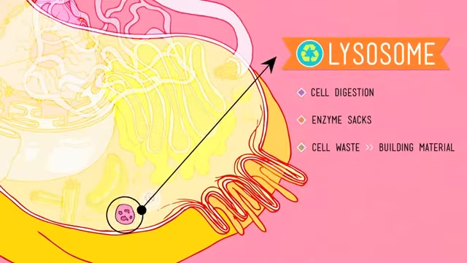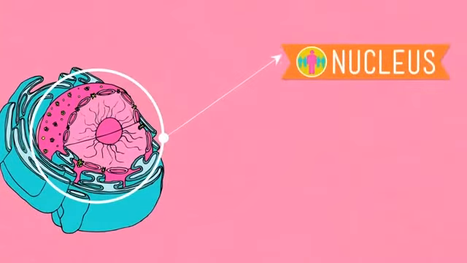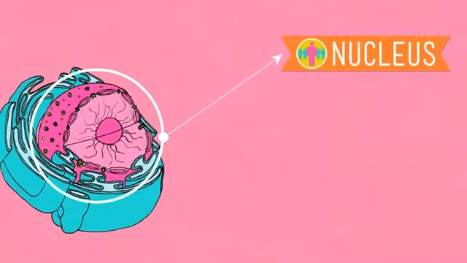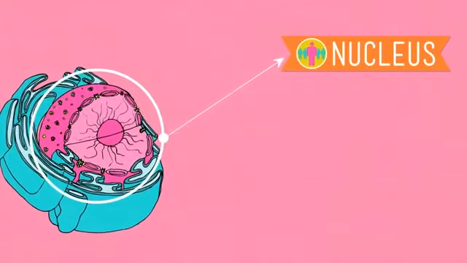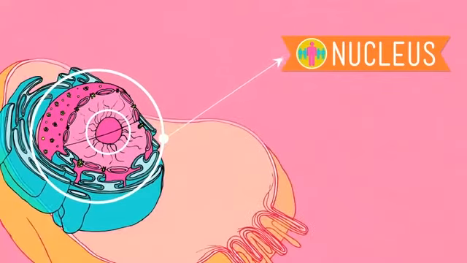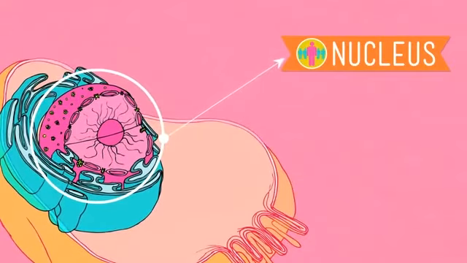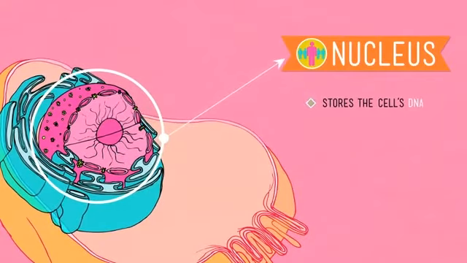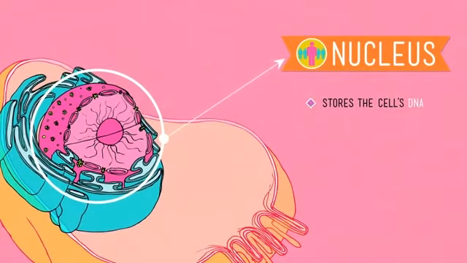Now, finally, let us talk about the nucleus, the beloved leader. The nucleus is a highly specialized organelle that lives in its own double-membraned, high-security compound with its buddy, the nucleolus. And within the cell, the nucleus is in charge in a major way. Because it stores the cell's DNA, it has all the information the cell needs to do its job.